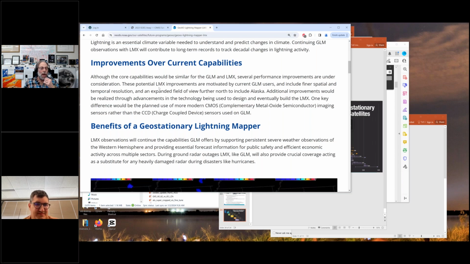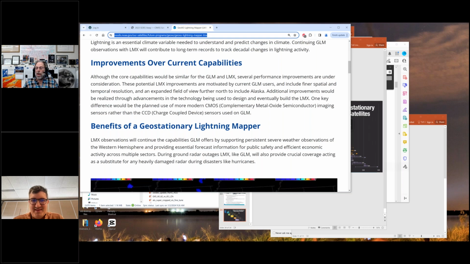The potential lightning mapping improvements include finer spatial resolution and temporal resolution and expanded field of view further north to include Alaska. Additional improvements would be realized through advancement of technology. But again, it's still early in the process. So I'll put that in the chat too.